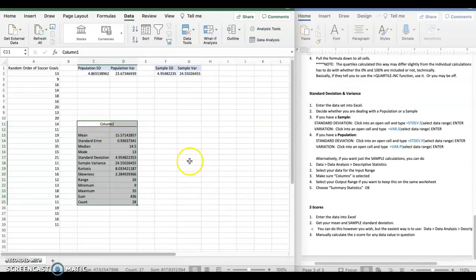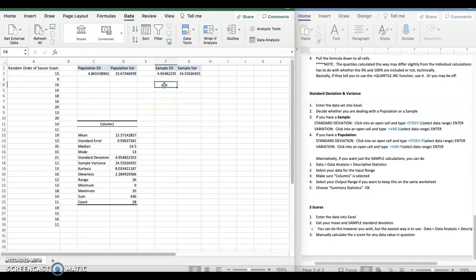There we go. So notice this gives me a lot more than what I was just particularly interested in. It gave me the mean, the standard error, which we haven't talked about, the median, mode, but notice it did give the standard deviation and the variance, but notice that these values given are the sample values. So this only works, this kind of somewhat shortcut, I guess, way works as long as you're looking for those sample values.